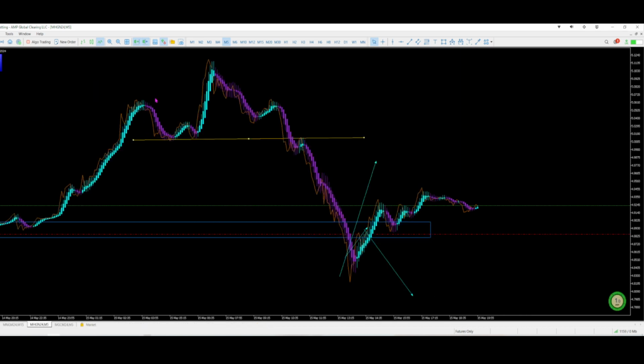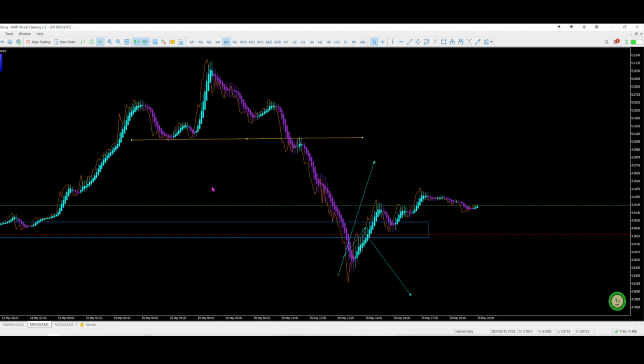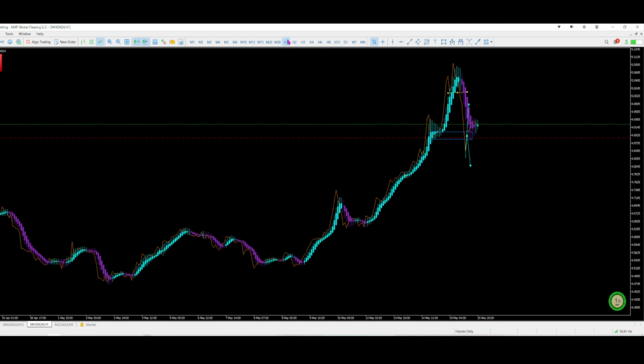So anyways, I did take a short on this copper break below support here, and got out before it got down to this support area. It was a really nice trade, actually, and I didn't even max it out either. But the reason why I didn't hang on to it too long is because if you look at the higher